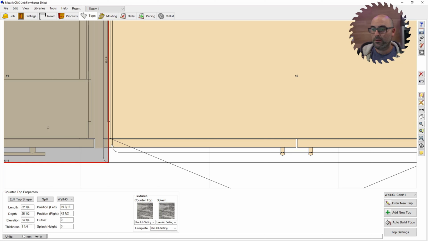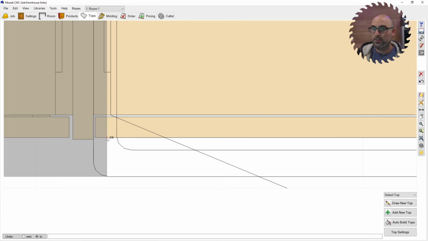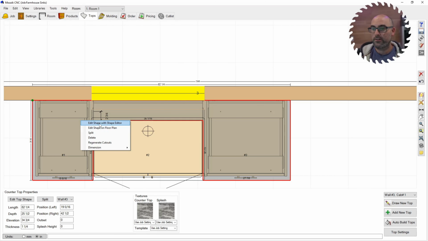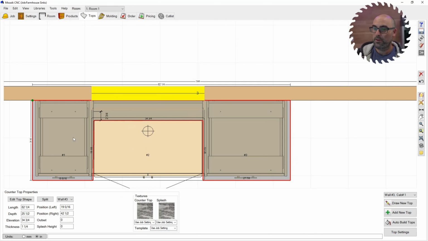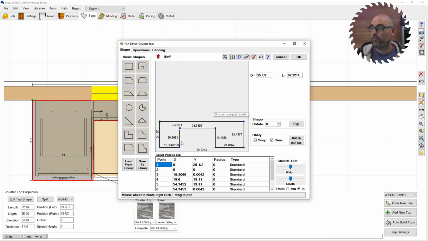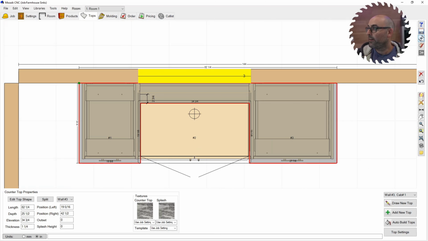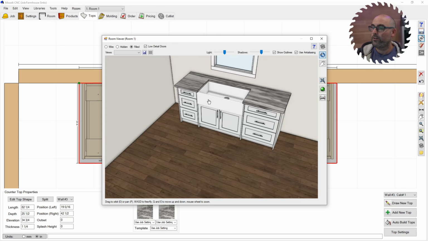Again, you could do the same thing to get that perfect here also by measuring from here to here, 3/8 of an inch. Going back to the shape editor, adding on the X this time 1/4 of an inch, and then I'd also want to straighten out that one. But you get the idea. 3D. So there you go, farm sink